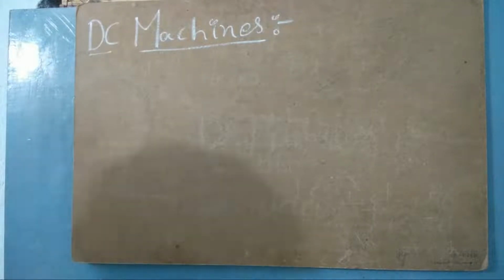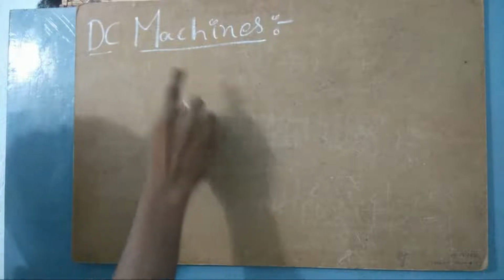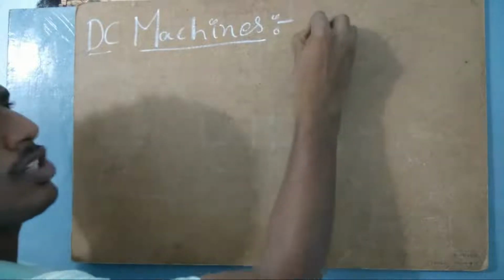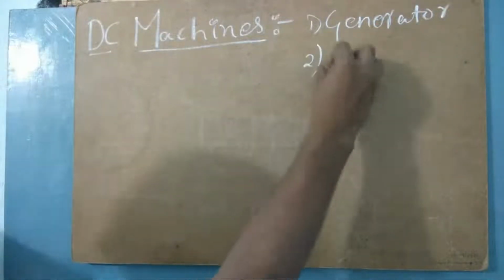Okay. So let us see, as per your academic timetable or academic pattern in your JNTK pattern, according to the R19 regulation, we have as the first chapter DC machinery. As I have already told you, DC machinery involves two kinds of machines. The first one is the generator and the second one is the motor.